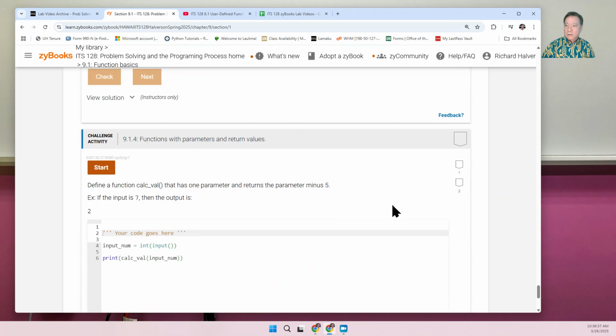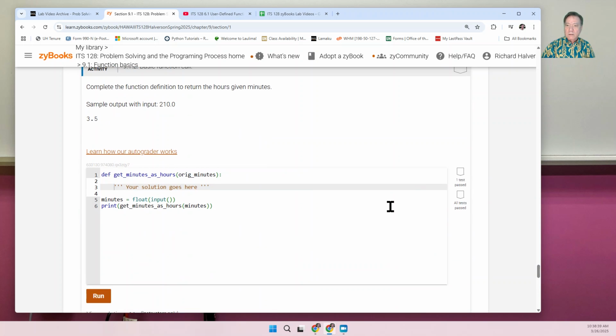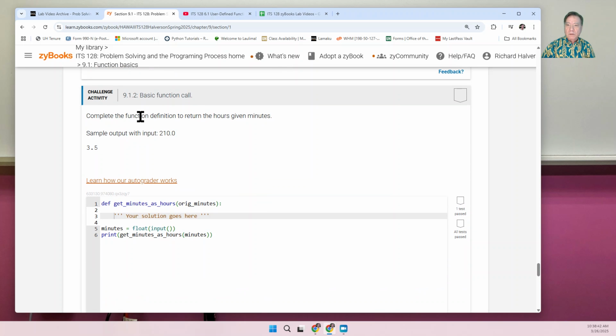Okay, here are 3 sets of challenges. Basic function call. Complete the function definition to return hours given minutes. So minutes is the argument or the parameter, and hours is going to be the return value calculation. So if the input is this, it's going to return this. We read in minutes from the user, it's a floating point number, and then we call this function with an argument of whatever we read in, and it's going to return